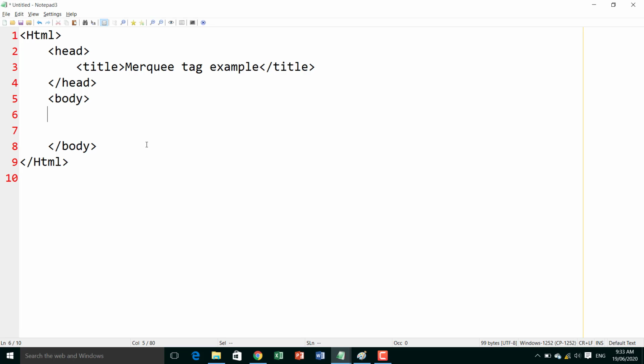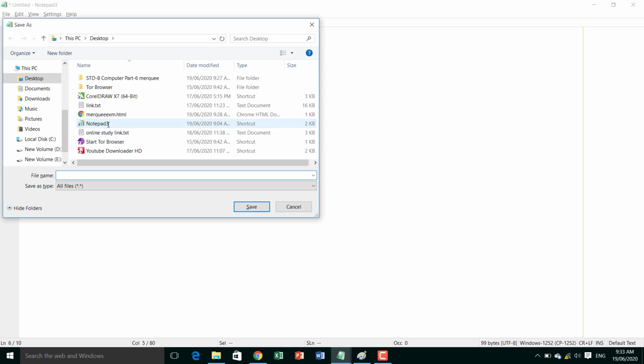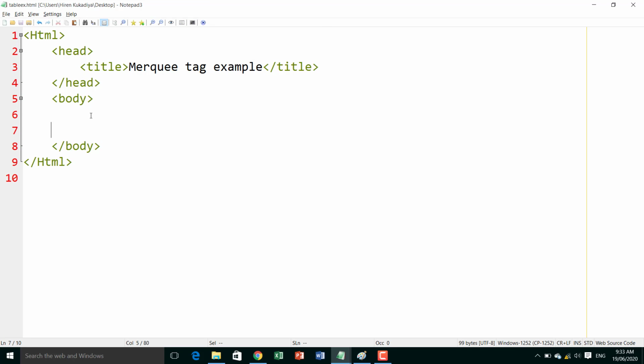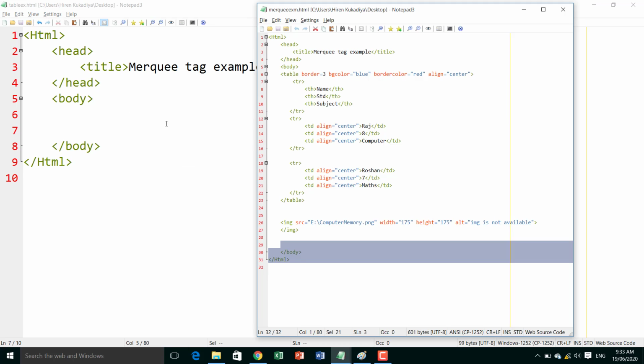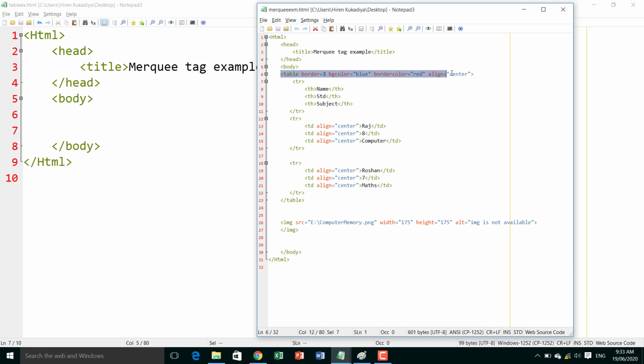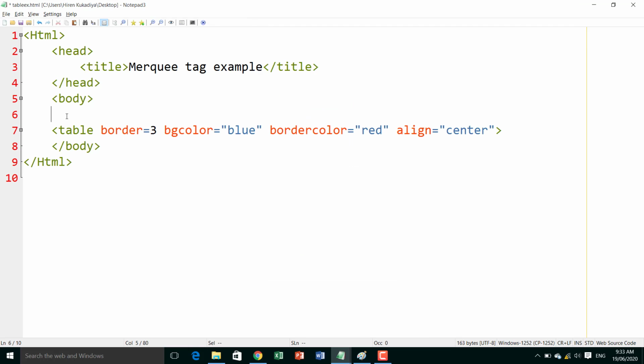This is the basic structure of an HTML table. First we save the program as table example.html, saving on the desktop. Now we are using the table tag. I am taking the table tag here.